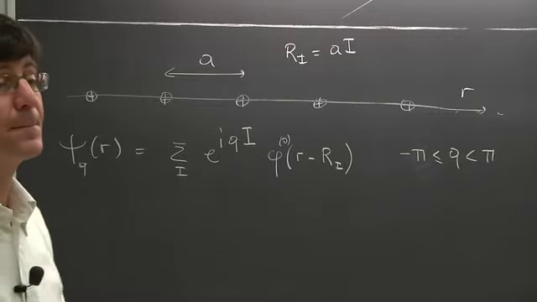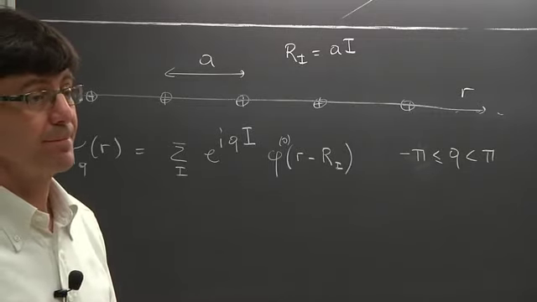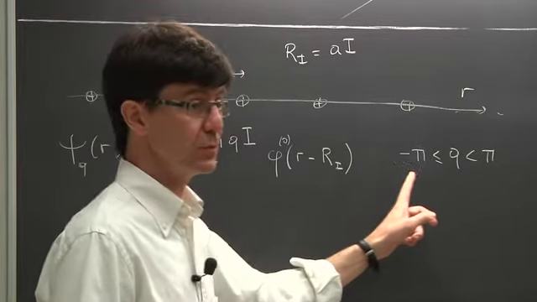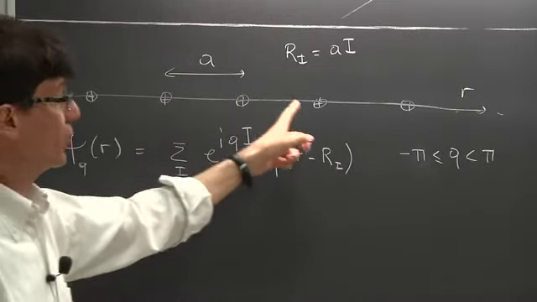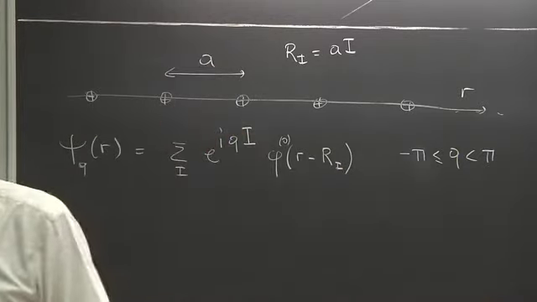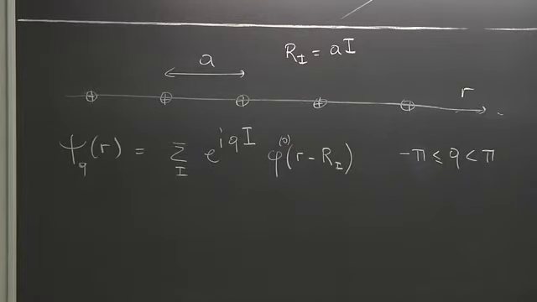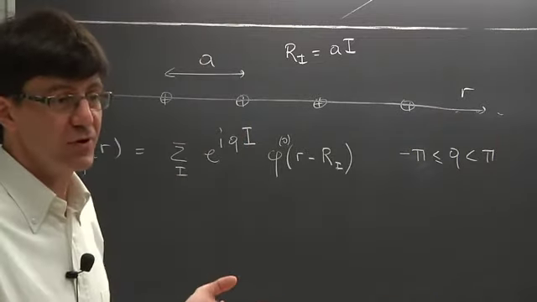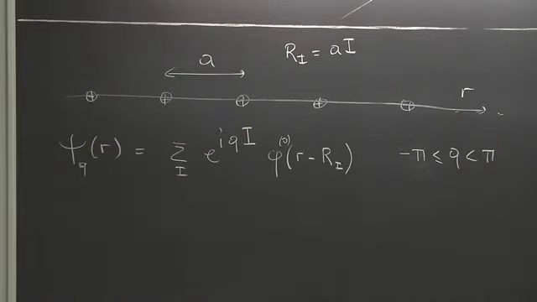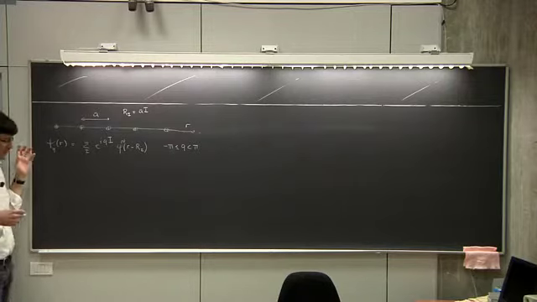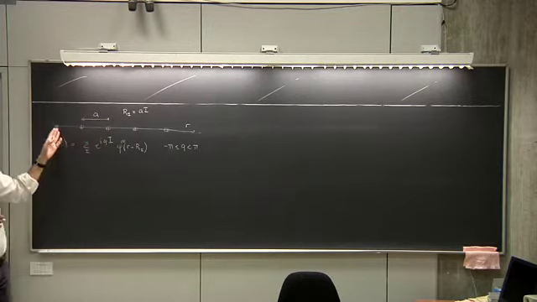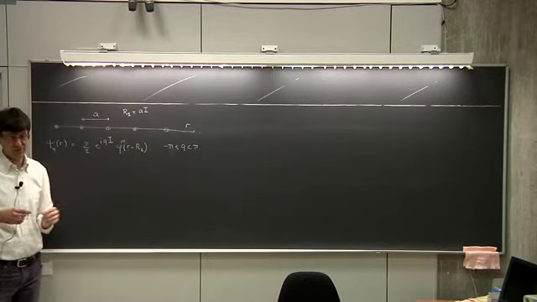Yes? Why do we usually use periodic intervals? Where, here for q? Oh, okay. I need to go back to the beginning. That's what we want to solve. We want to solve the problem of an ordered array of atoms. You may, of course, wish to solve the problem of an arbitrary arrangement of atoms. Well, this is not going to be easy to do. So the theory we are going to develop works only if we can assume that there is translational periodicity,